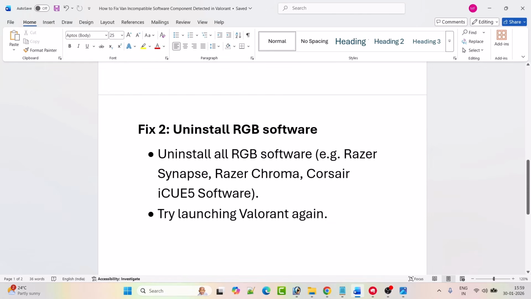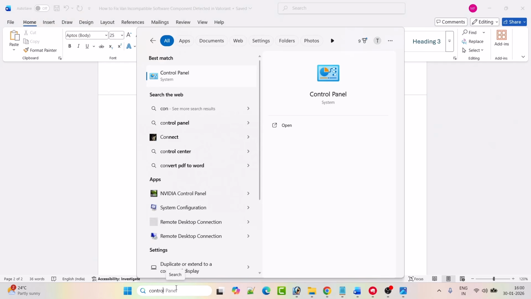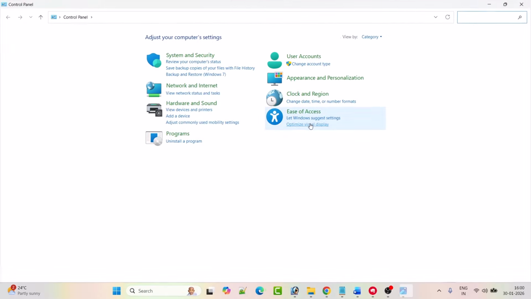Now if still your problem is not solved, then uninstall RGB software. Uninstall all RGB software, for example Razer Synapse, Razer Chroma, Corsair iCUE software, and then you can try to launch the game and check. So to uninstall this software, you have to type control panel and open it, and then